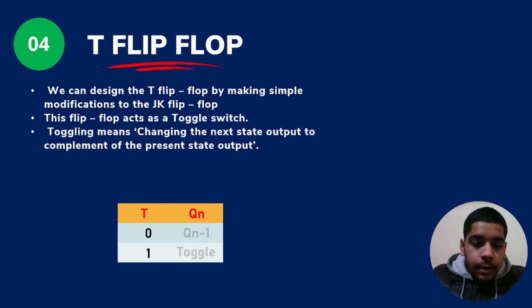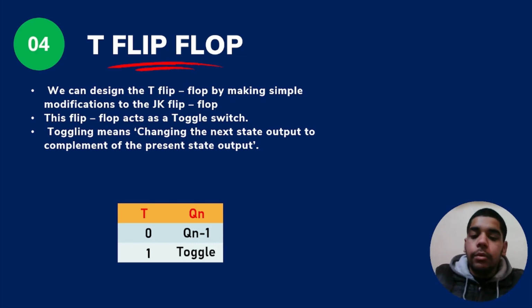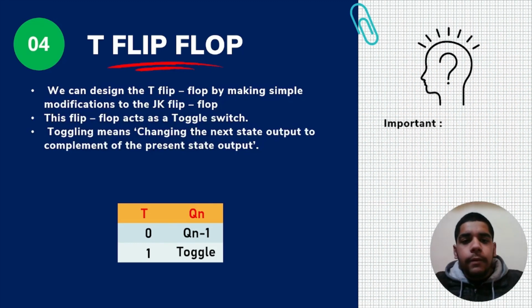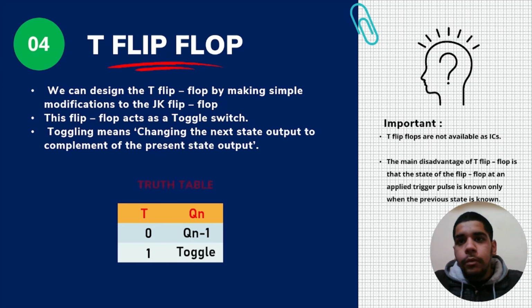So the truth table for 0 will have Q(t-1), that is the previous state, and for 1 we have toggle. Means जब 1 वैल्यू आपकी हो जाएगी इनपुट पे, तो आउटपुट पे एक क्लॉक पल्स पे 0 होगा, एक क्लॉक पल्स पे 1 होगा. ये आपको क्लियर हो जाएगा, हम डेमोंस्ट्रेशन करके दिखाएंगे. Important thing about the T flip-flop is that T flip-flops are not available as ICs. ये मुझे भी नहीं पता था. When I was preparing for this seminar, then I got to know that there is no IC for the T flip-flop, we just create it using the modification of